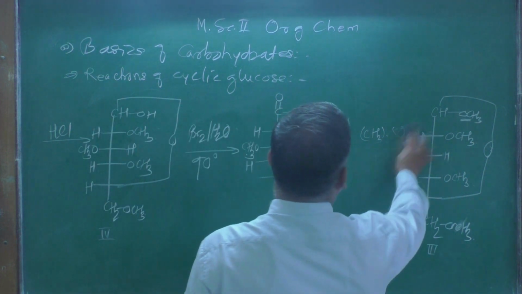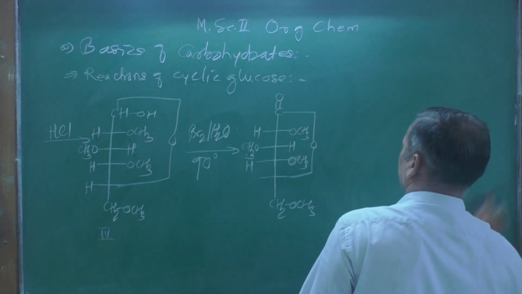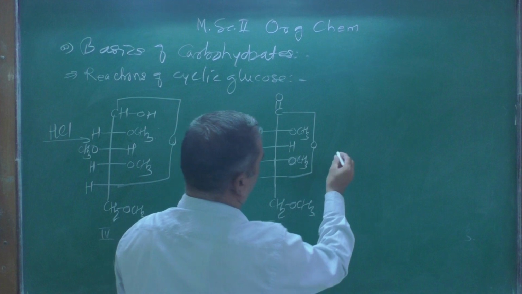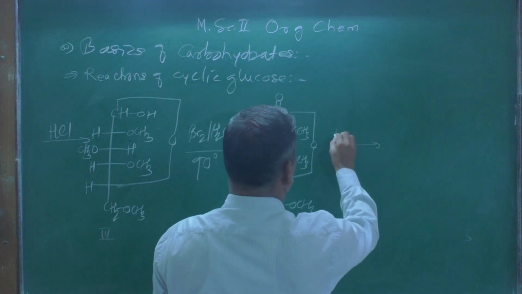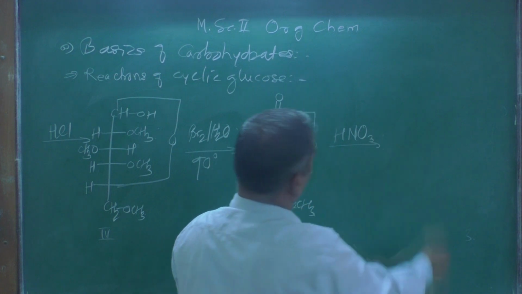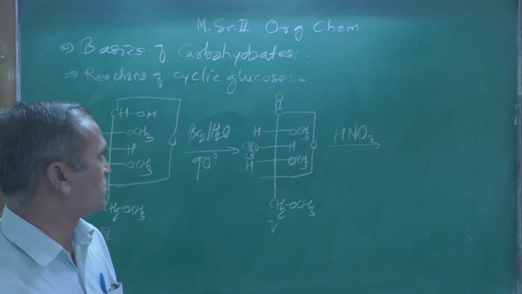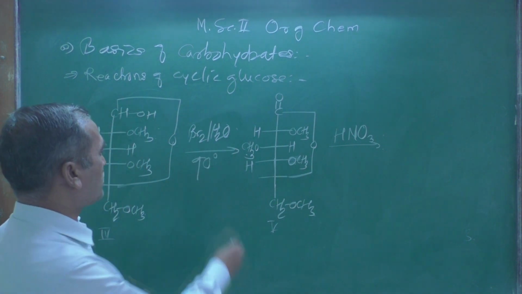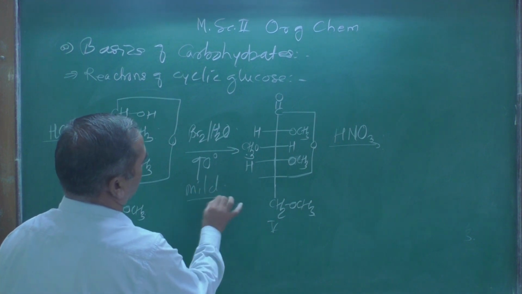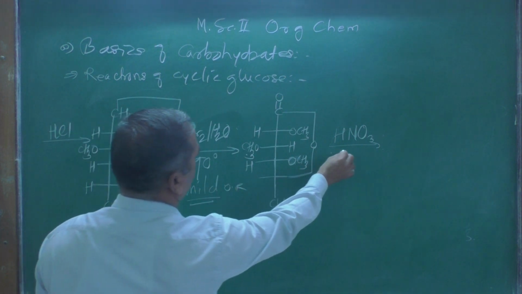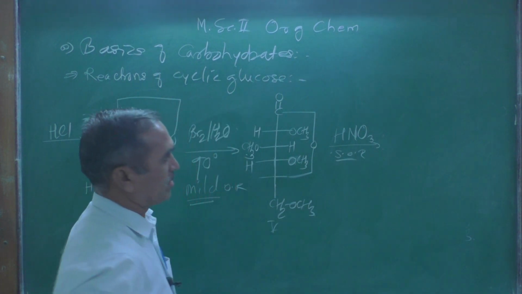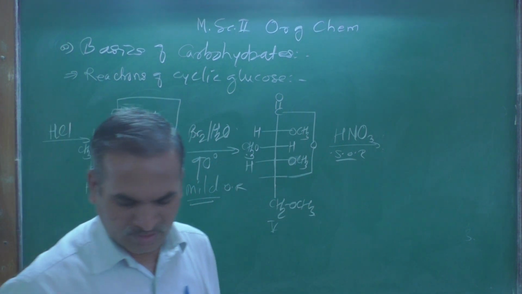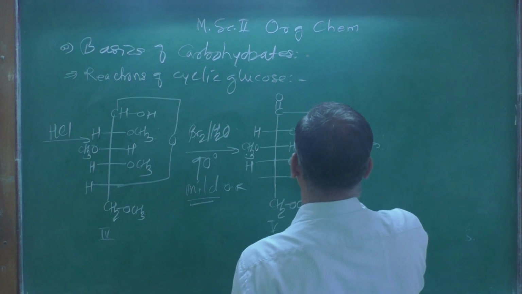Now this compound is structure number 5, and when structure number 5 is treated with this reagent, HNO3, nitric acid, which is a strong oxidizing reagent, this is also an oxidizing reagent, but it is a mild oxidizing reagent, and this is a strong oxidizing reagent. Remember these things. And when this strong oxidizing reagent acts, what will it do here? This will convert this ring,